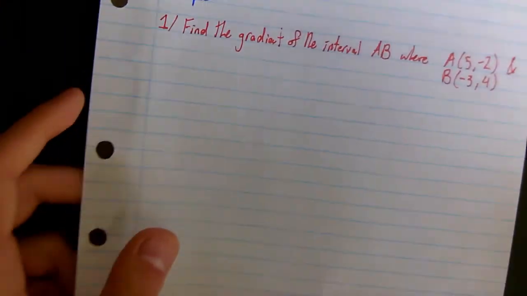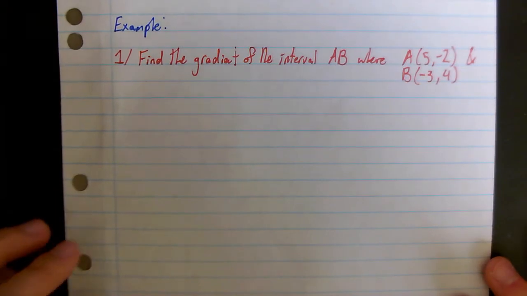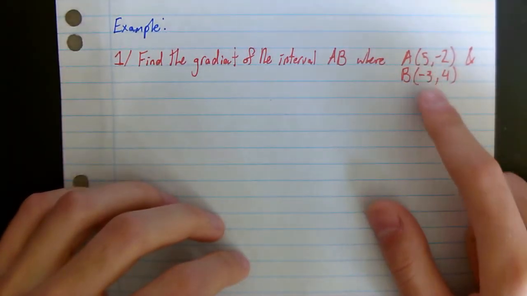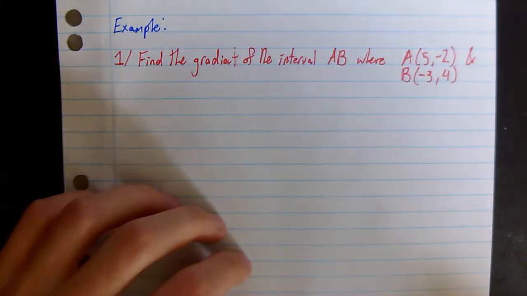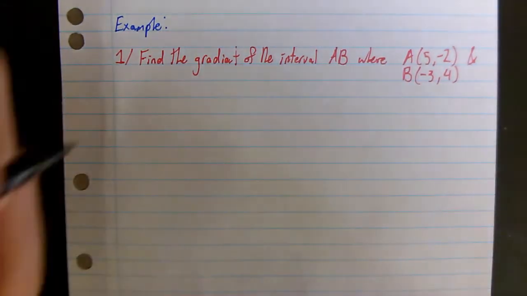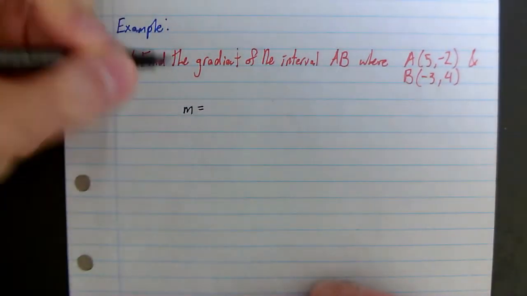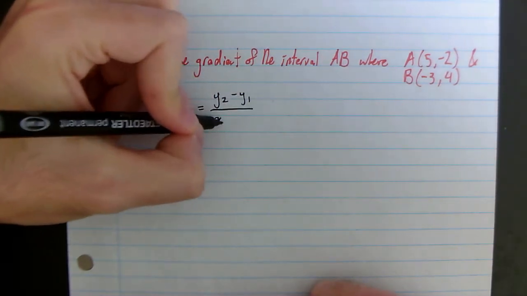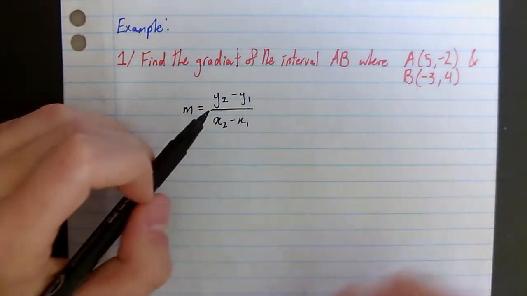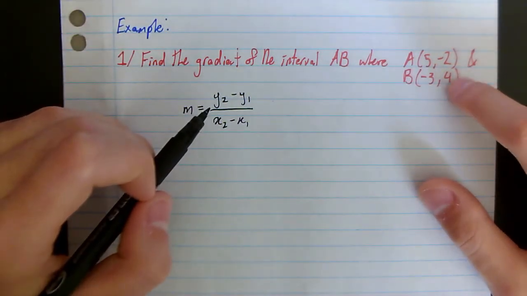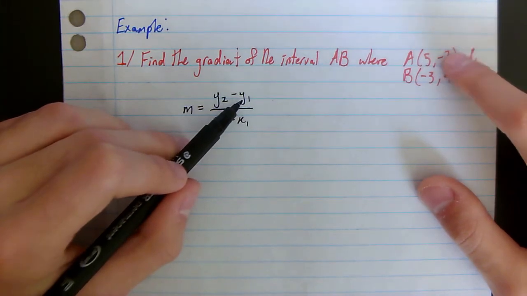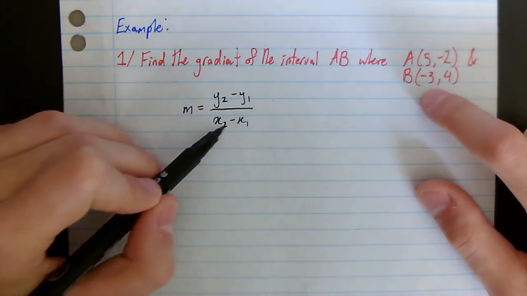So let's just look at a very basic example, which says find the gradient of the interval AB, where the point A is (5, -2), and the point B is (-3, 4). Recalling our formula, which says that gradient, m, is equal to (y2 - y1) over (x2 - x1). Our y2, I'm just going to say, is 4, and then y1 is going to be -2, x2 is going to be -3, and x1 is going to be